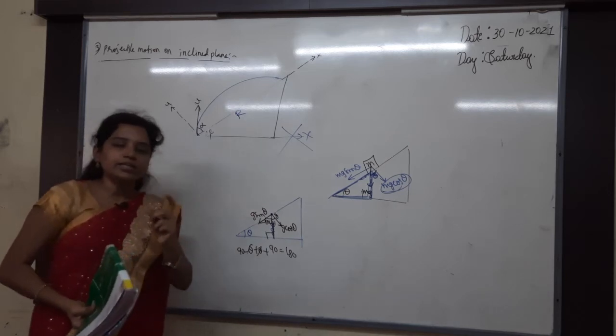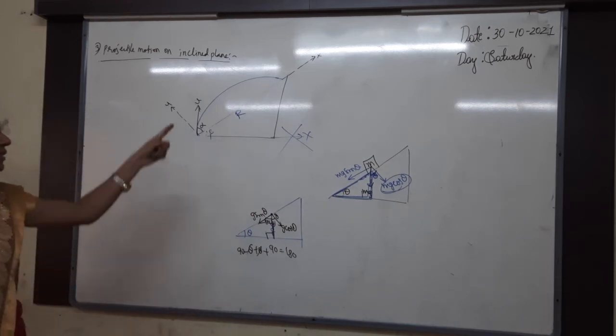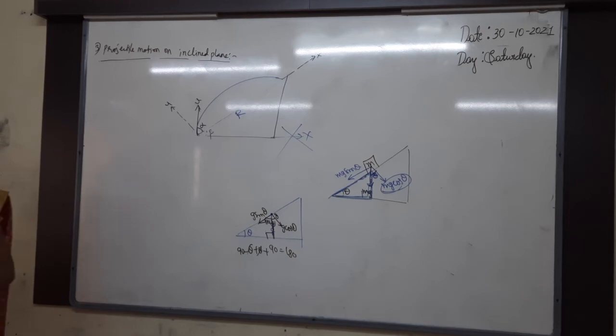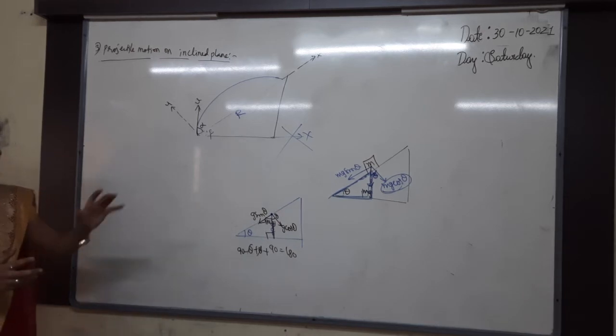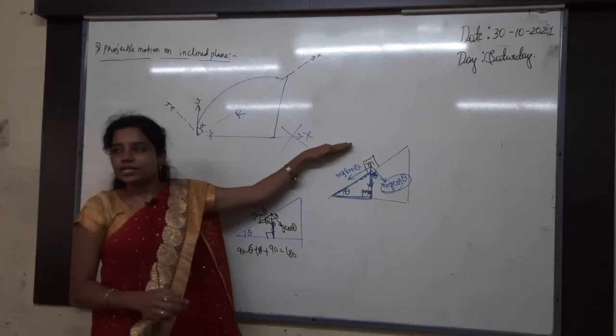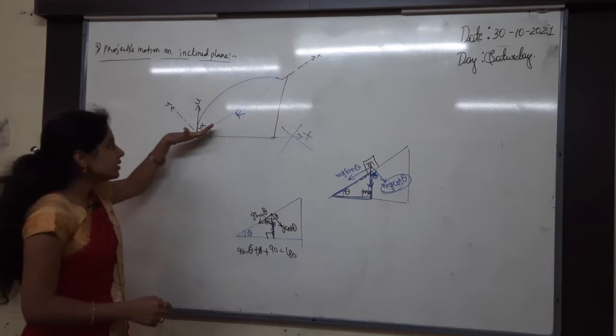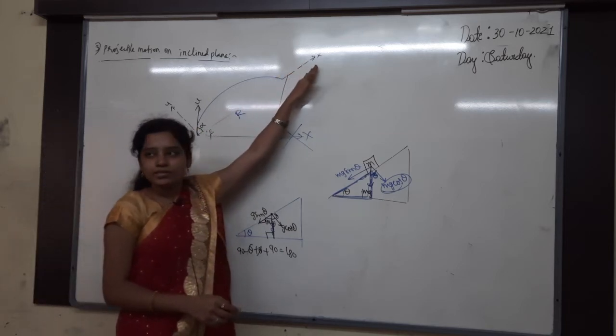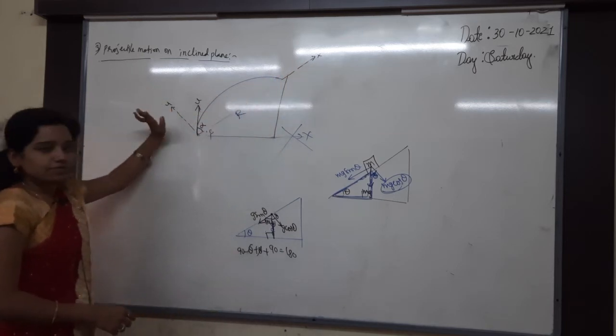This is going to be a little difficult. Why? Because we are changing the dimensions there. X-axis, y-axis we are changing. So it is going to be a little bit difficult, so listen properly first of all. So I am not taking horizontal as x-axis. Which one I am taking as x-axis? Inclination I am taking as x-axis and opposite to that y-axis.